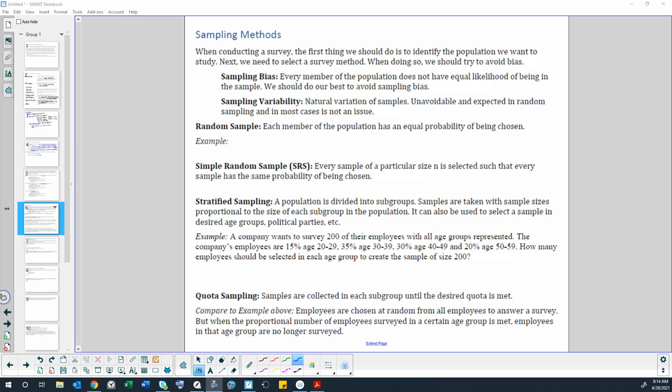In a random sample, each member of the population has an equal probability of being chosen. So, say for example, you have every member of the population with an ID, right? Each individual has an ID number. A computer generates